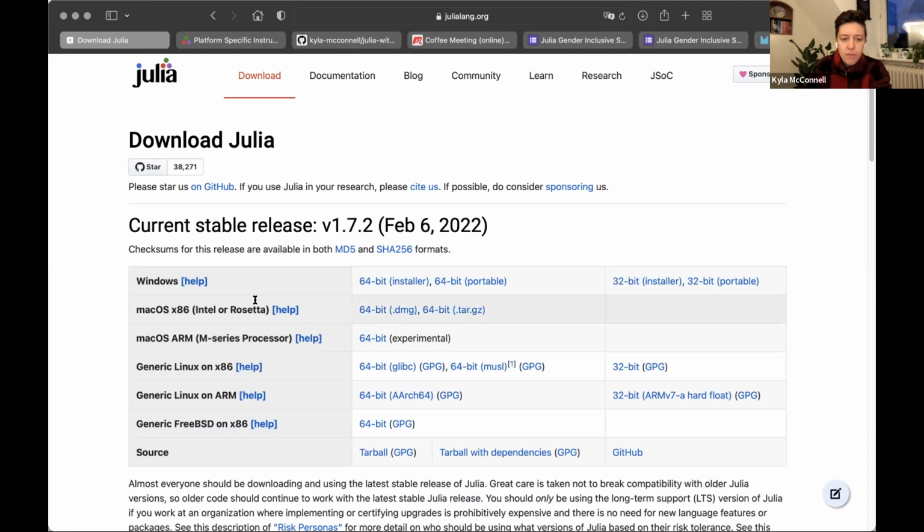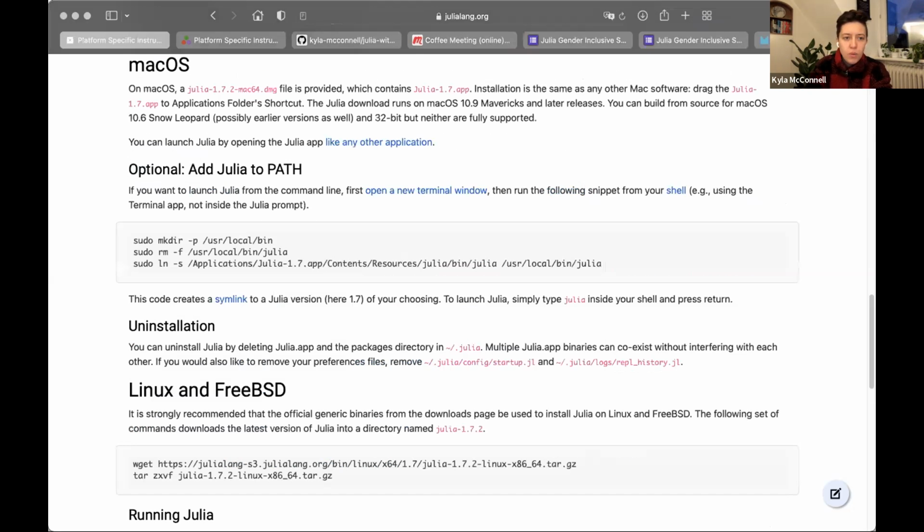For example, I'm on a Mac, so I would download this DMG file. There's also a help page if you click on help. For Mac, it lets you know that you install Julia just like any other Mac software, by dragging it to the applications folder. Then you can open it from your applications list.